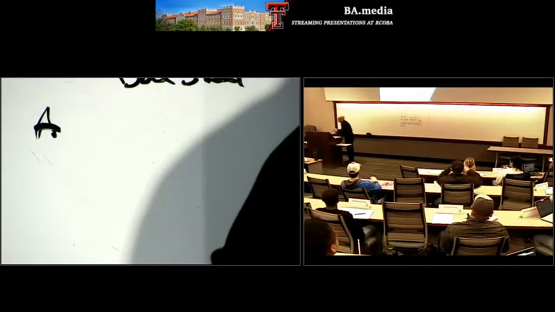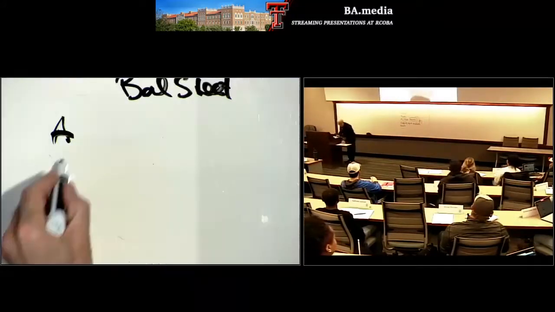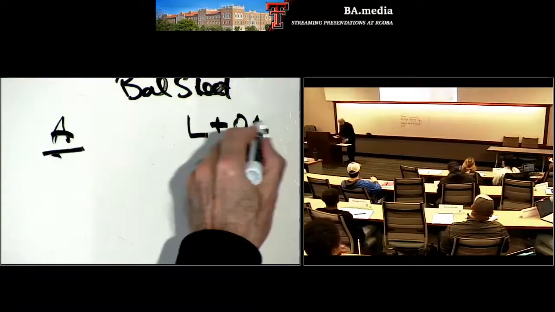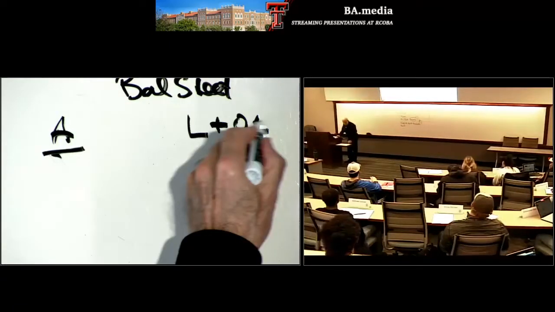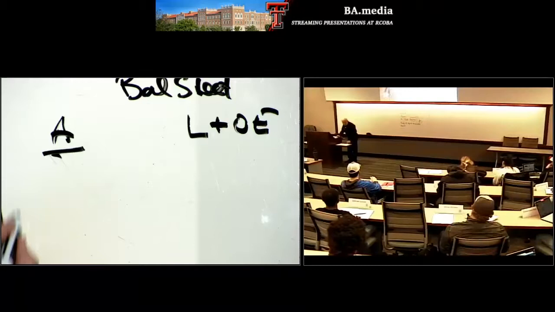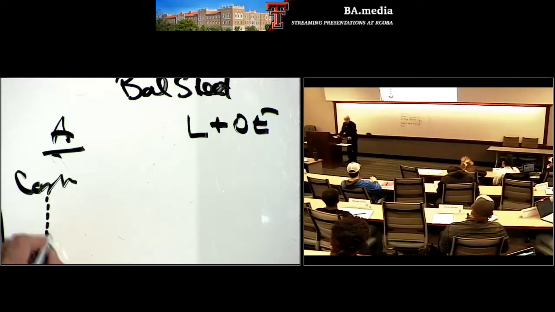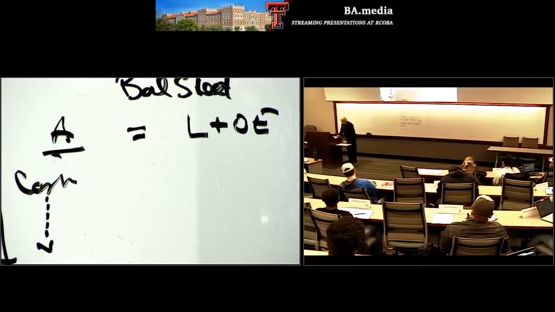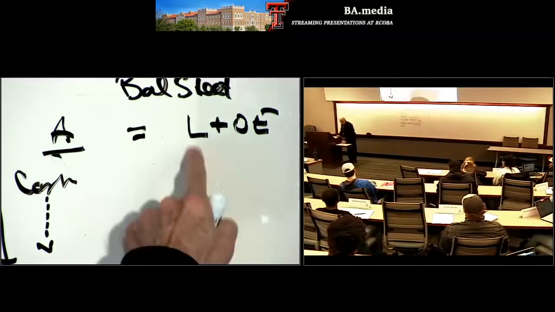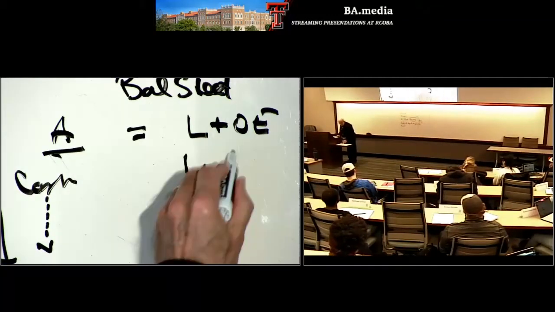Okay, so balance sheet. Assets, liabilities plus owner's equity. And the assets go down here, they start with cash, and they go longer and longer term, right? That's basically it. And on the other side, this is called the identity equation, right? Assets equals liabilities plus owner's equity. So there's liabilities, and then there's owner's